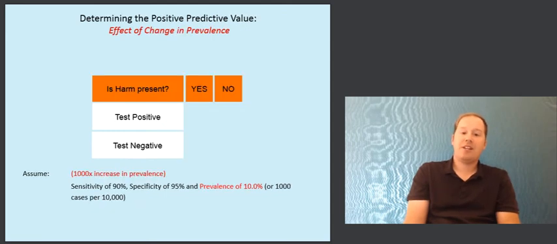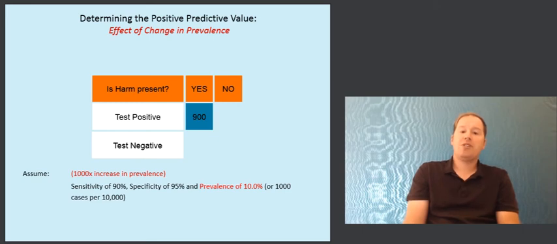Now let's contrast this, for example, with where we take a prevalence of 10%. So the test is still just as accurate as it was before. 90% sensitivity and 95% specificity. The test's accuracy is unchanged. All we're changing here is the prevalence in the population of the condition that we're screening for. So this time we've had a 1,000-fold increase in prevalence. It's still a fairly low prevalence. Only 10% of the population has this condition, but much, much higher than in the last scenario we just went through. What happens here?